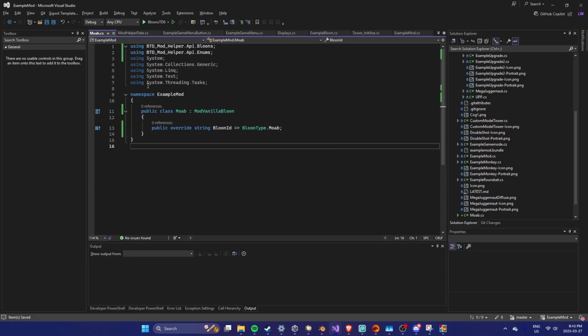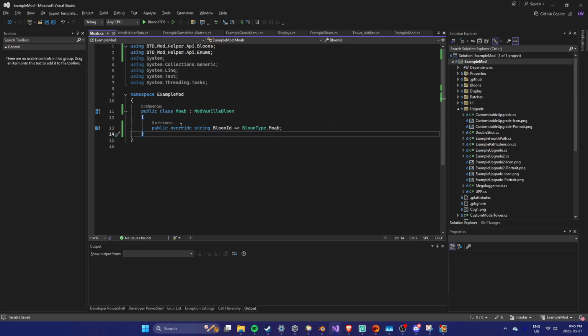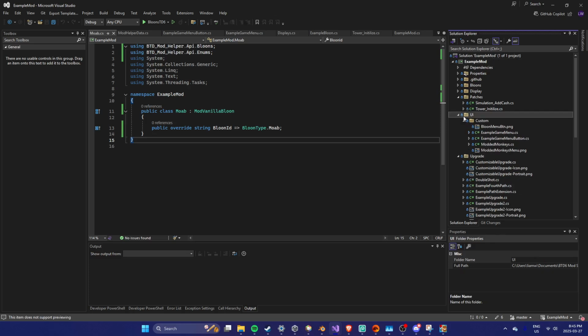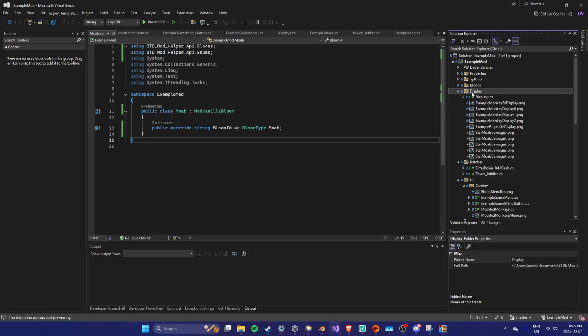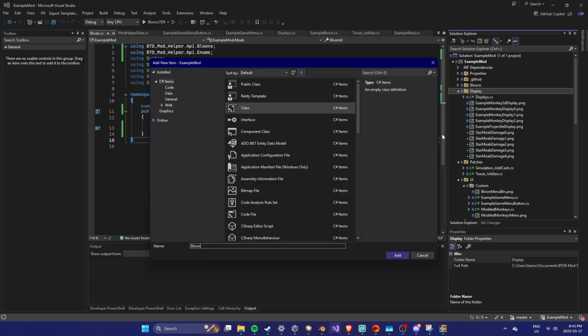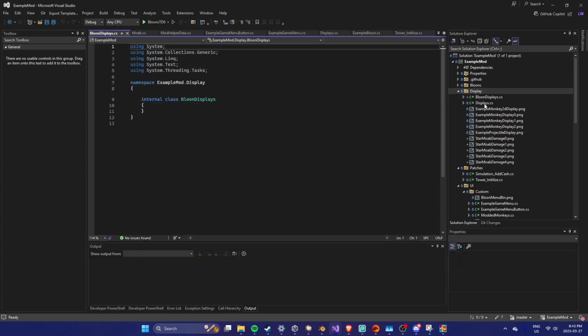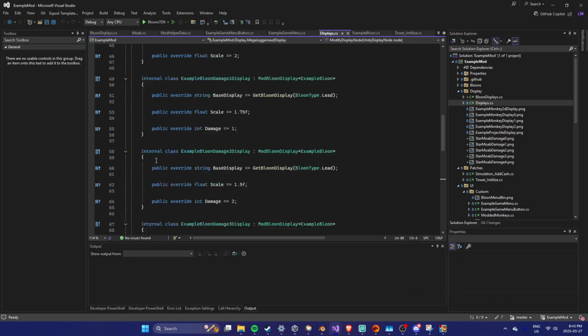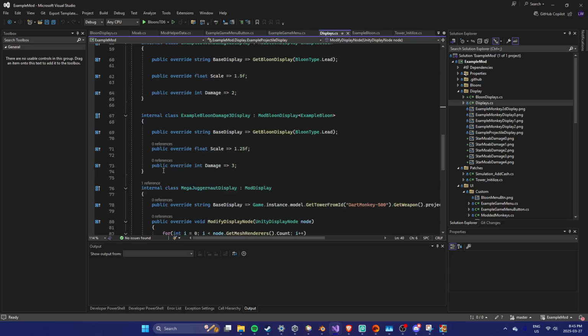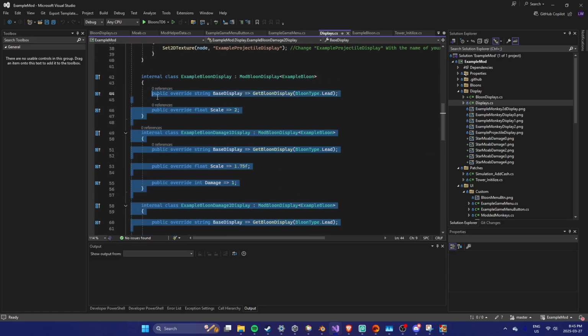So what's next? We're gonna come here, display, and I'm gonna add a new class. I'm gonna call this bloon displays, and I'm gonna move. Alright, so I already showed damage types before, but pretty much what I'm gonna do is,